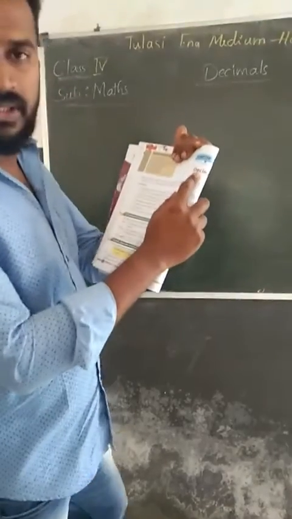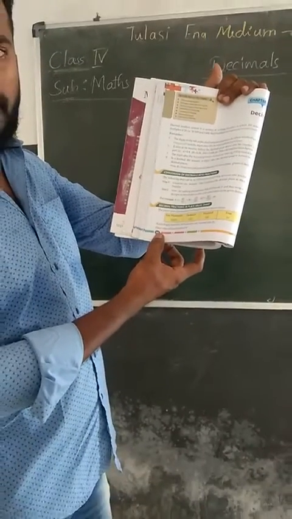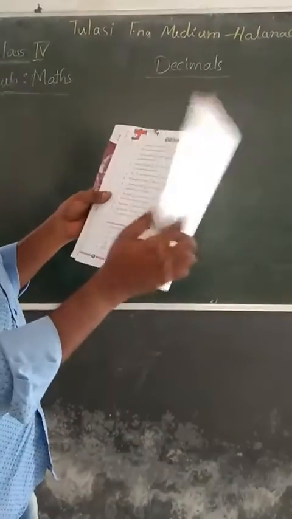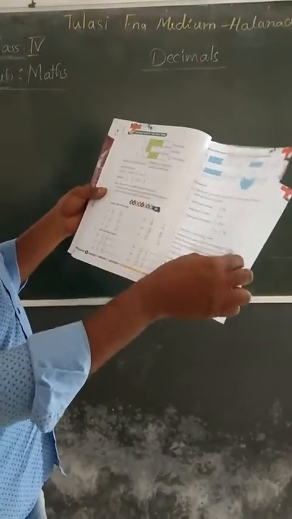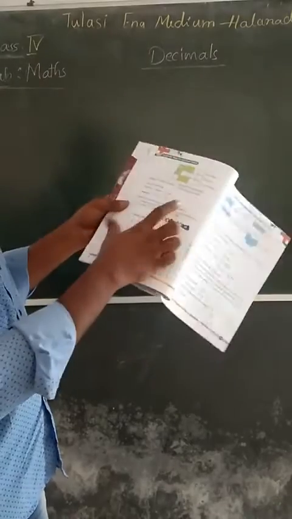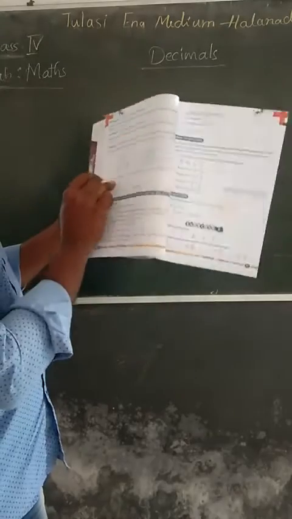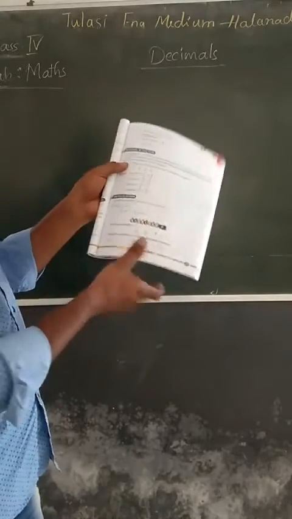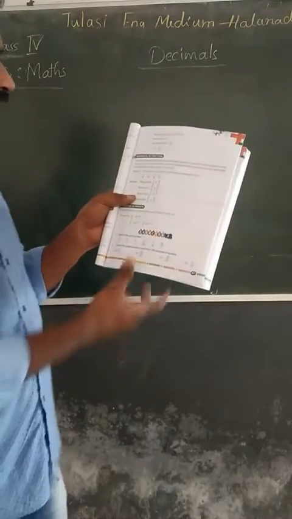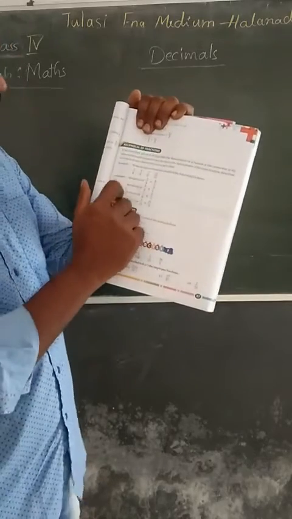In this chapter you will learn about decimals, chapter 2, page number 94. Before decimals you have learned about the fractions in the last chapter, but one thing I have to say, the reciprocal of fractions, see,